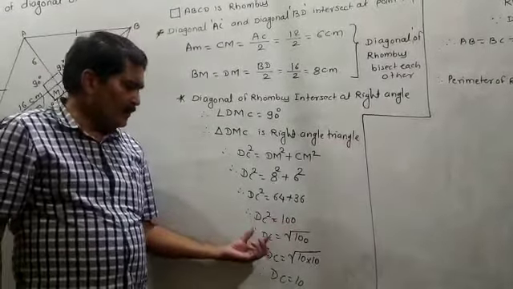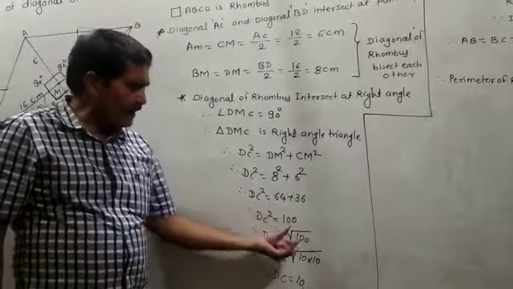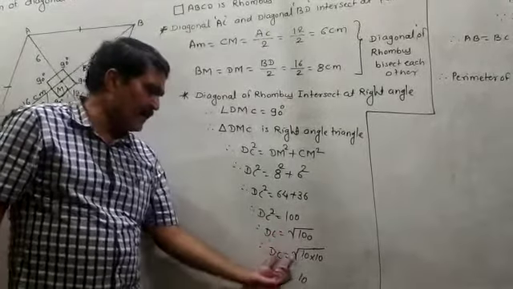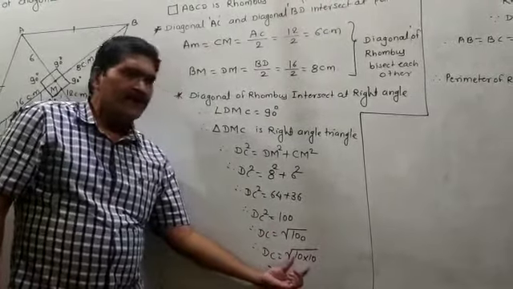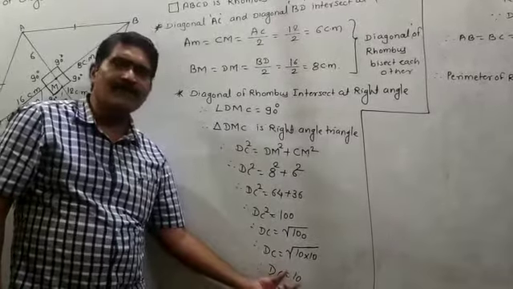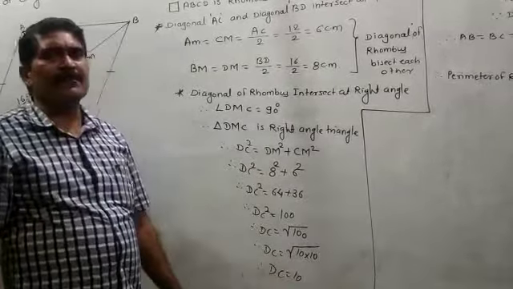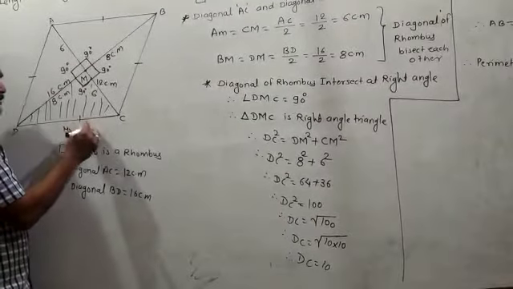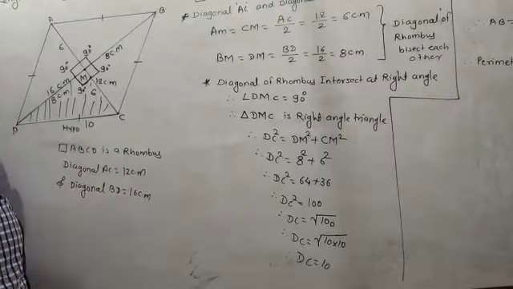DC is equal to, if you remove this square, at that time you have to give the square root. DC is equal to square root of 100. This 100 you will write as 10 into 10. If this is the square root, two times multiplication of 10, one 10 will come outside. Therefore DC is equal to 10. Once DC is equal to 10, then you have to find out the sides and